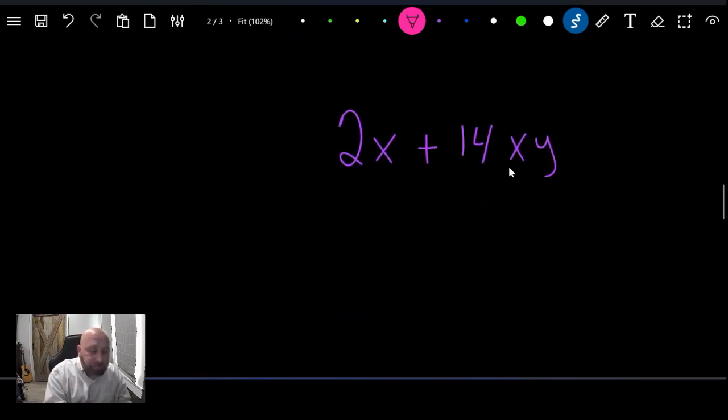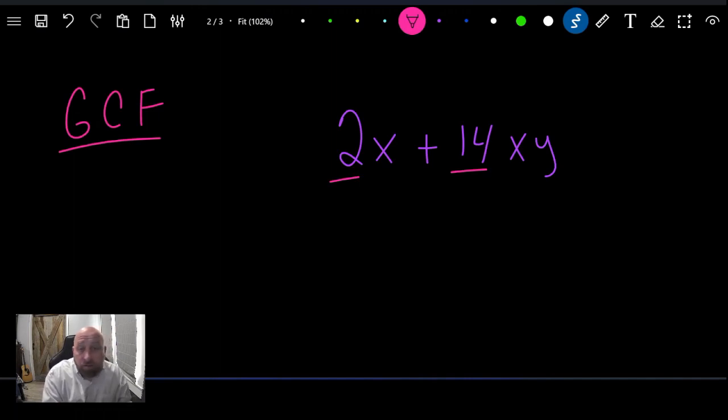Let's do another one. All right, so here we go, and we want to write GCF over here. Now what we want to do is take these, and we'll start with the numbers. 2 goes into 2, and 2 goes into 14, so our GCF is going to be 2. Then we're going to look at the letters, and I've got an X here and an X here. I do not have a Y in both places, so my GCF of my letters is going to be